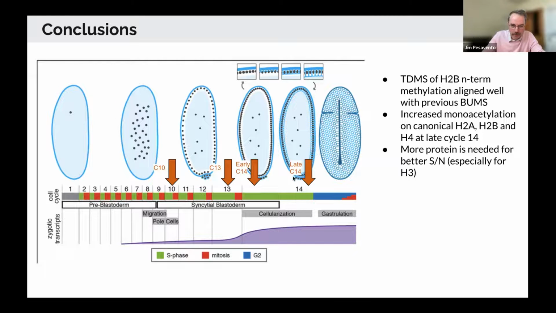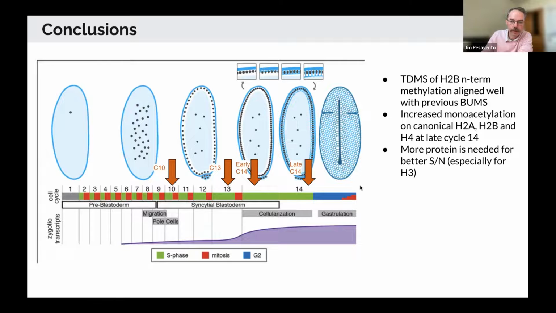So why is that important? You can see there's an uptick in zygotic transcription right at these points, and it's known that acetylation of histones is something that correlates very strongly with increased gene expression. So this mirrors nicely with the increase in transcripts that we're seeing. And what we need to do next is say, okay, great, we have the acetylation, we know it's increasing, but exactly where on the protein is it happening? Is it happening on lysine 5? Is it happening on lysine 16? And then once we know that, we can start to uncover the enzymes that might be playing a role in adding those acetylations during these